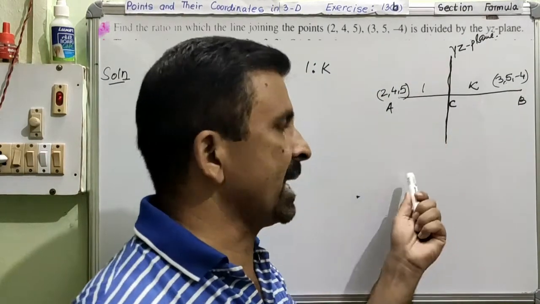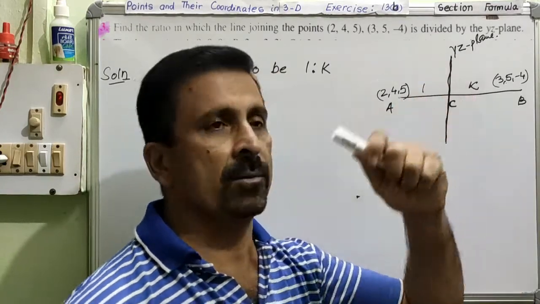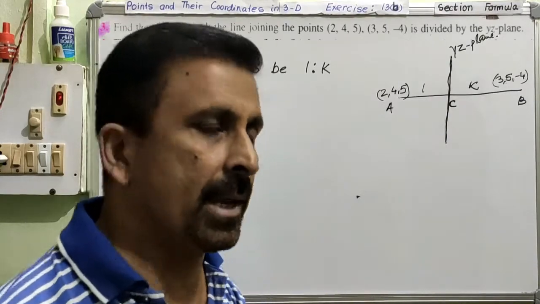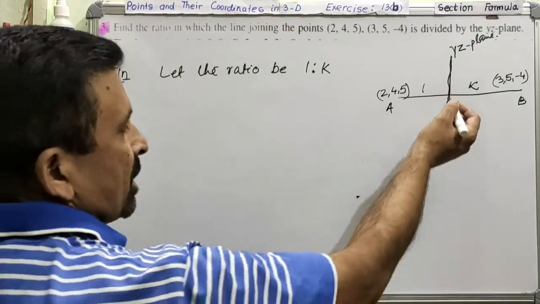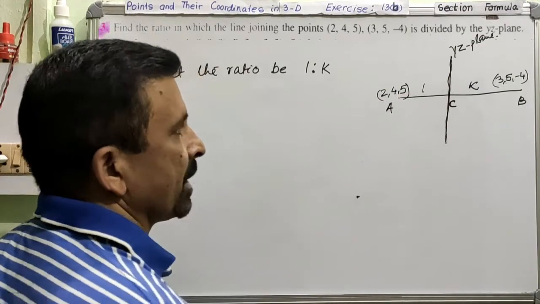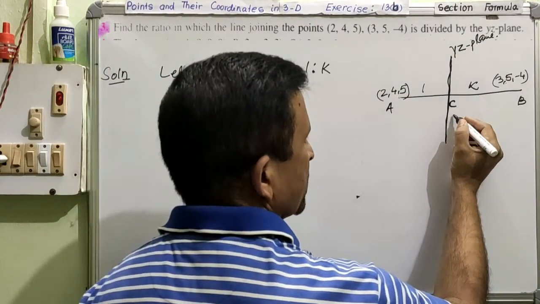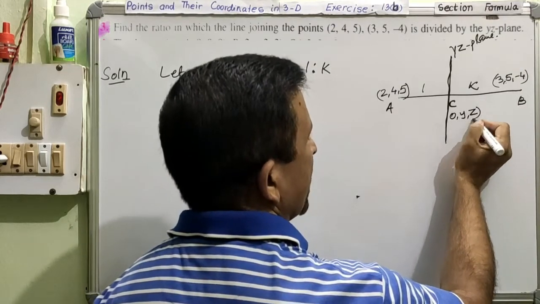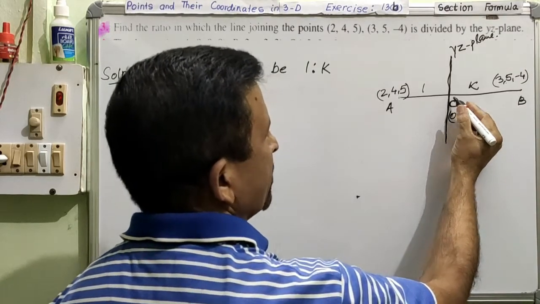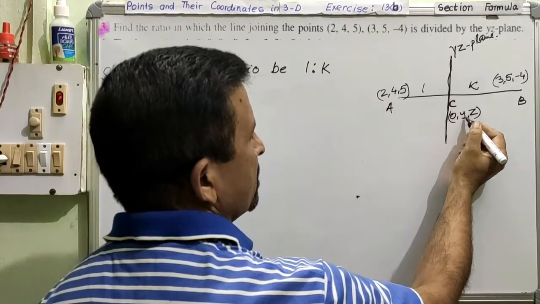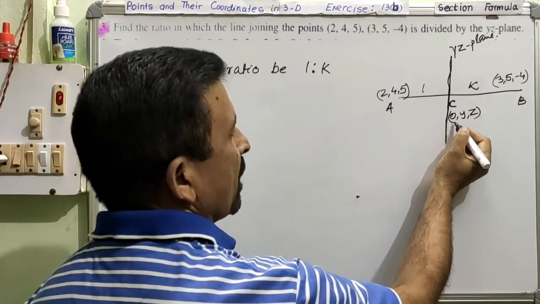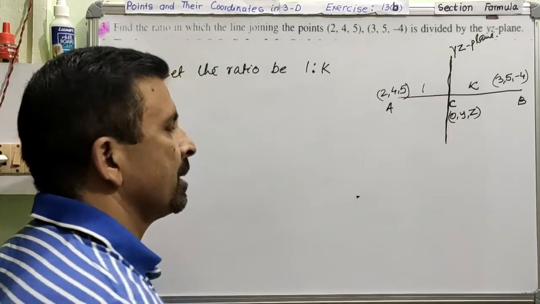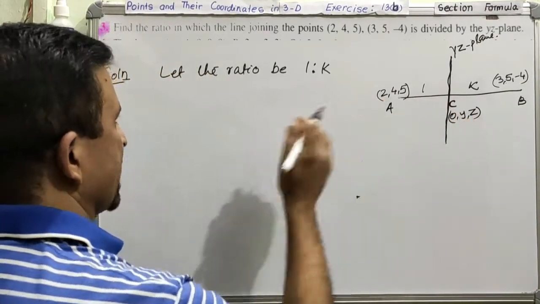So that means if I take the formula for x, I will be able to calculate my ratio. Just by using the x formula, I can calculate the value of k. So let us do that, because we know that x will be 0, right? Y and z will have some value. So x will be 0, y will have some value, and z also will have some value. So I wrote the coordinate of C, but I am not going to use two of them. I will only use the formula for x because it is 0. Alright, so just use the x formula.